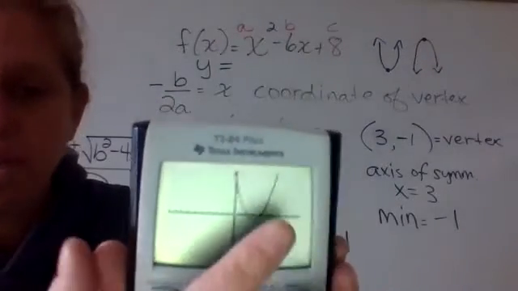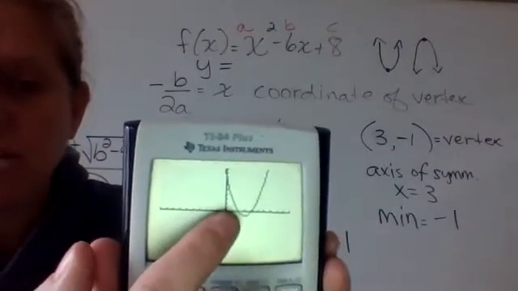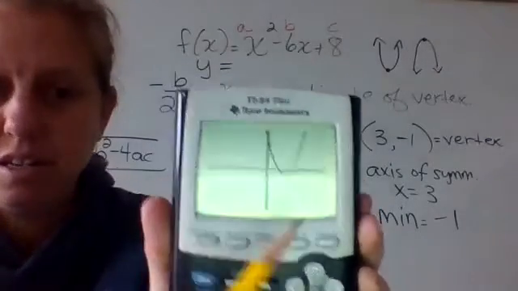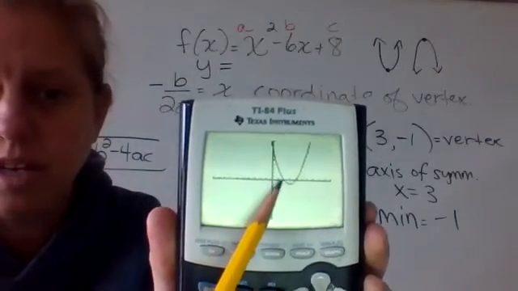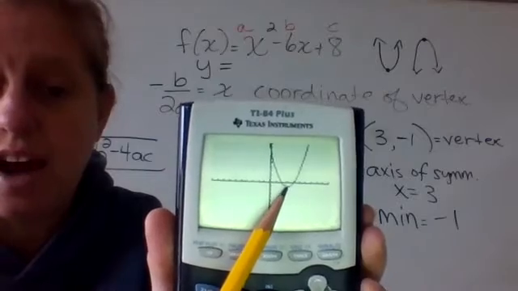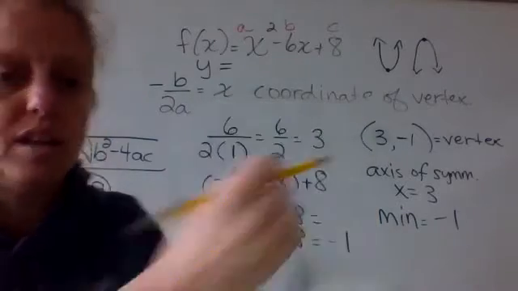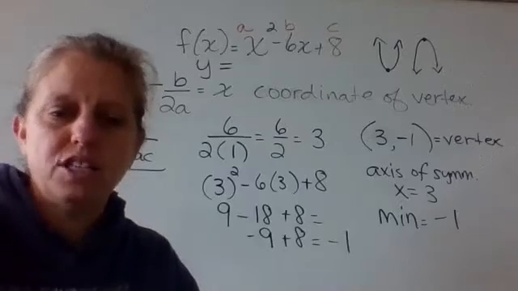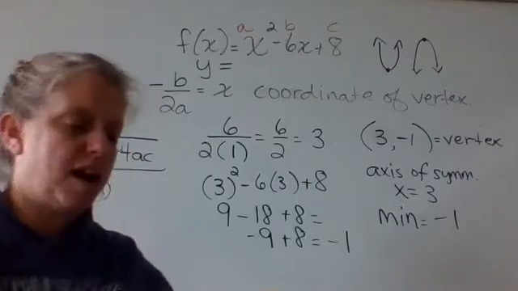Okay, so there's my parabola. You'll notice, look at where your vertex is. It's over 3. 1, 2, 3, and then down 1, right? That's what we found the vertex was. It's at 3, -1. So now what we want to do, I'm going to show you how to find the